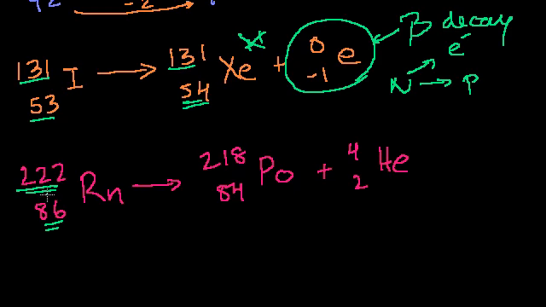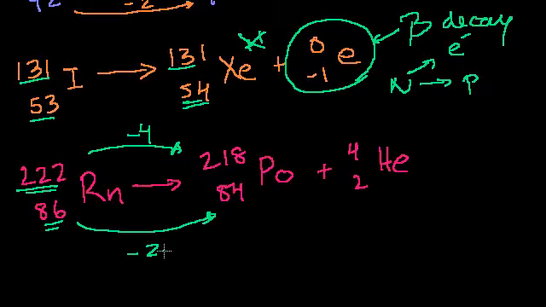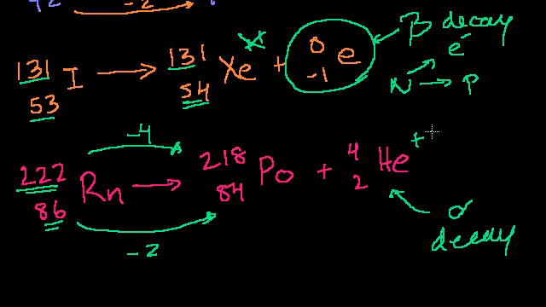But anyway, back to the problem. So what happened? Our atomic mass went down by 4. Our atomic number went down by 2. Once again, we must have released a helium particle, a helium nucleus, something that has an atomic mass of 4 and an atomic number of 2. And so there we are. So this is alpha decay. We could write this as a helium nucleus, so it has no electrons, and we could even say immediately that this would have a negative charge, but then it loses